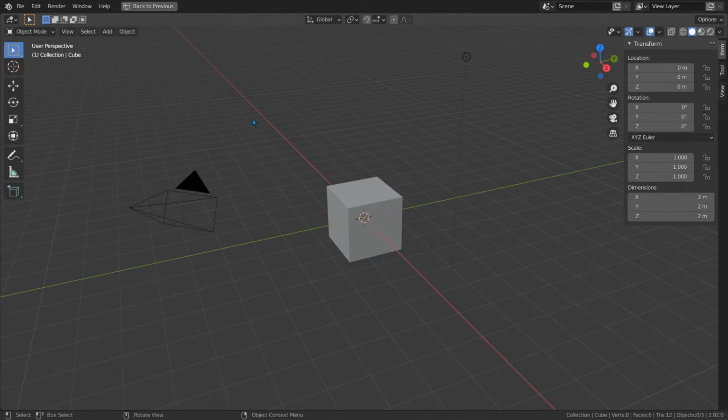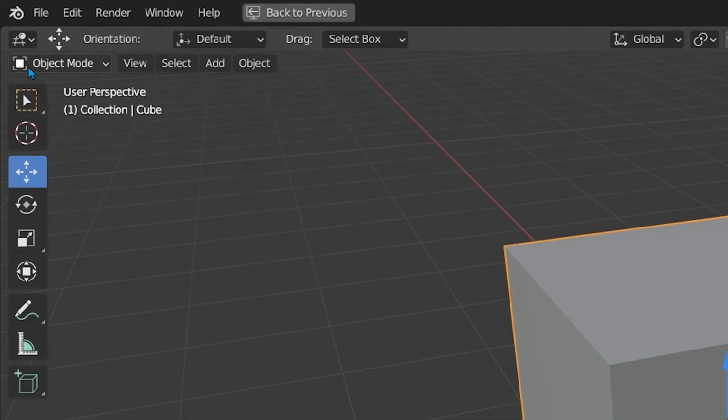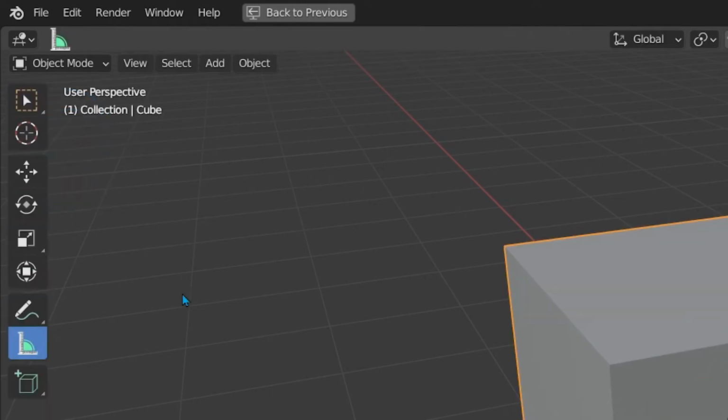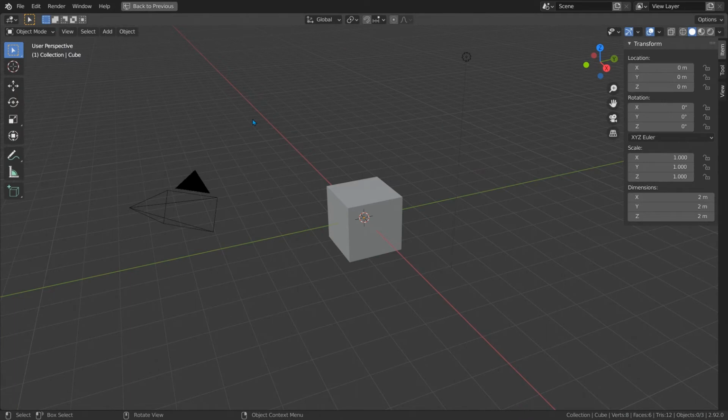So the interface will change depending on what we have selected. And it goes far beyond just selecting objects. Things will change depending on what mode or even what tool we have selected. Therefore, if something is not appearing or your screen looks different than mine, make sure you have selected the right thing. Now let's get back on track.